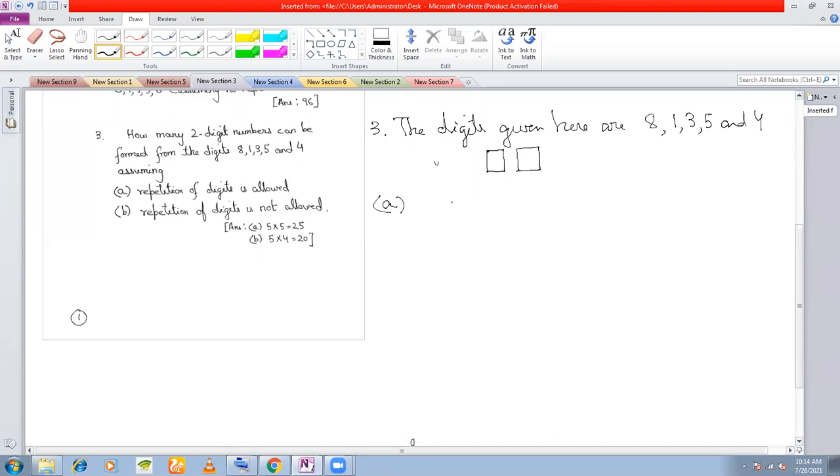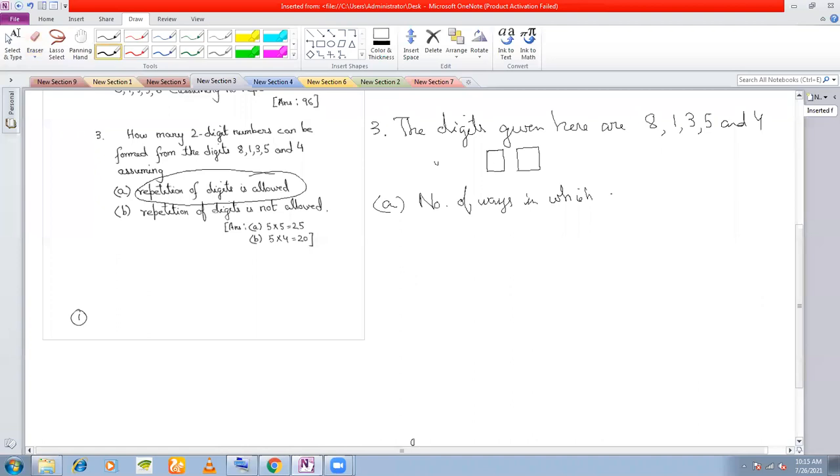In the first place, in how many ways can you put? How many digits are given to you? 5 digits, right? So the number of ways in which the tens place can be occupied. Now the first question is when repetition of digits is allowed. That means I can have a number of the form 55, or a number of the form, say, 44. You understand the difference? Yes, sir. You can repeat the digits.